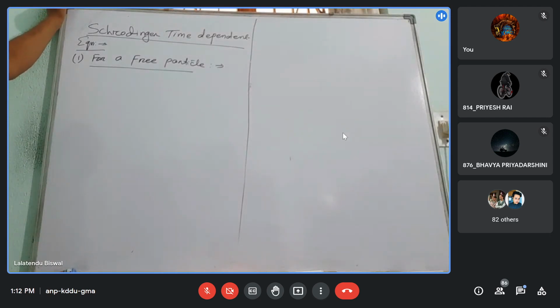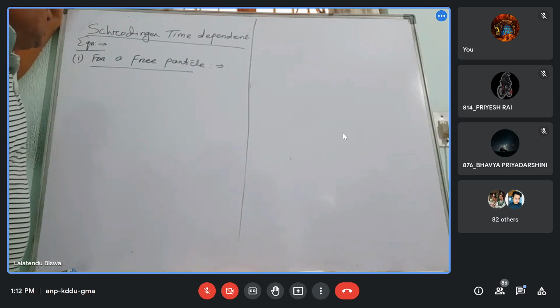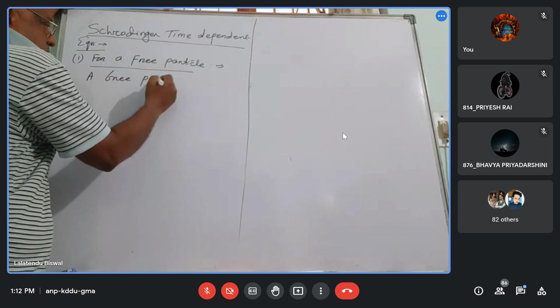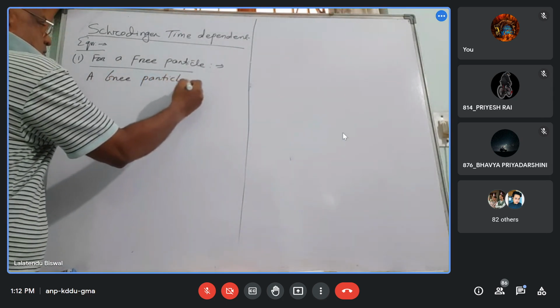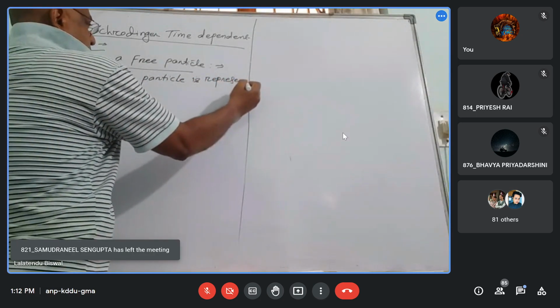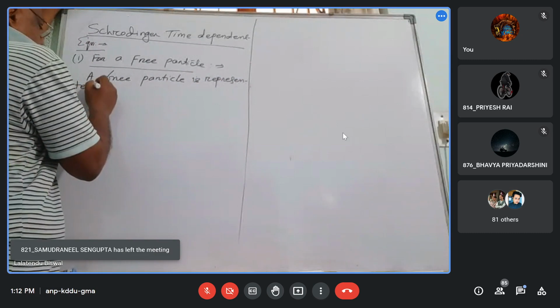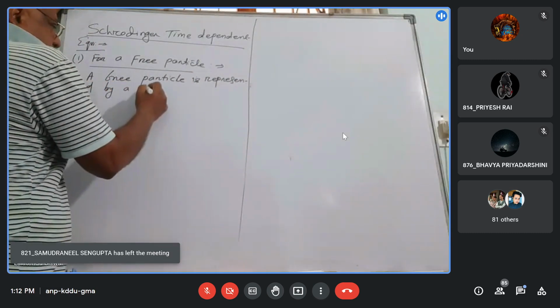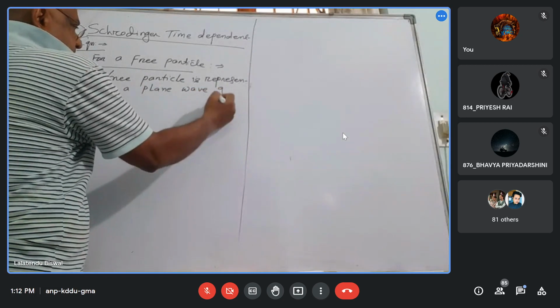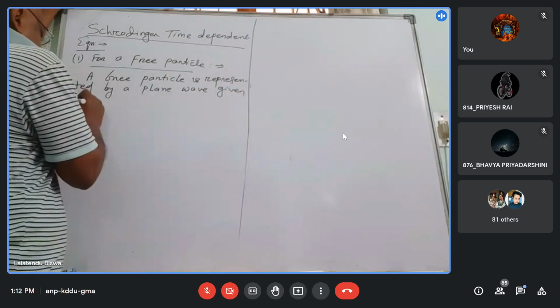So it has no potential energy. Its total energy is equal to its kinetic energy. A free particle is represented by a plane wave given by,